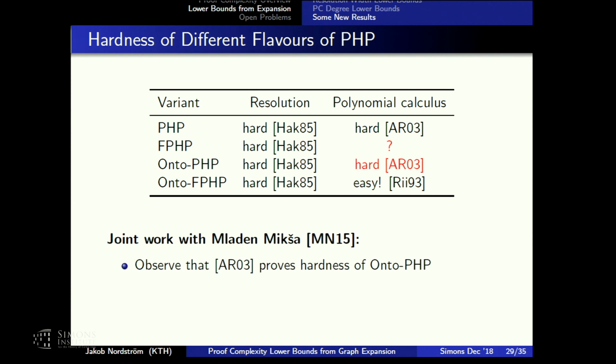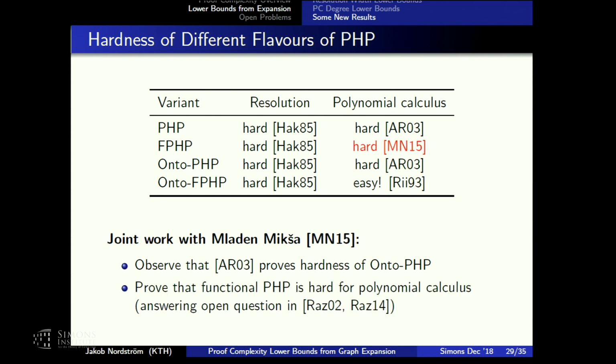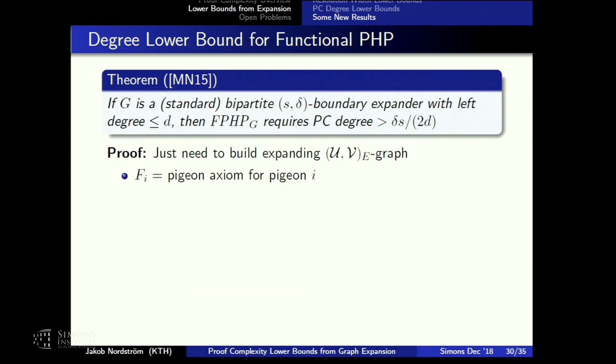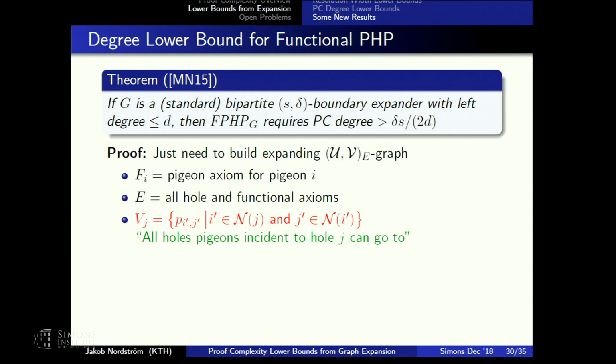Okay, but what we did is we observed firstly that actually Aleknovich-Razborov did take care of the onto version also, but they just didn't say it or observe it. And for the functional pigeonhole principle, it turns out it is hard. And how we're going to prove it is we're just going to build a graph, and it's essentially going to be the same graph as before, except